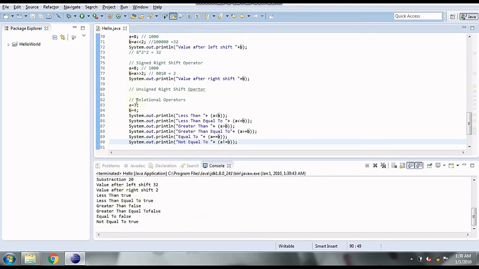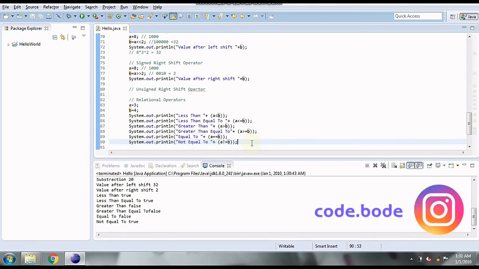So we have true for less than and less than equal to, since 3 is less than 4. For greater than and greater than equal to, it is going to be false because 3 is not greater than 4. Equal to is false because the two numbers are not equal, and not equal to is true. So in this way, relational operators work. Let's move to the next.